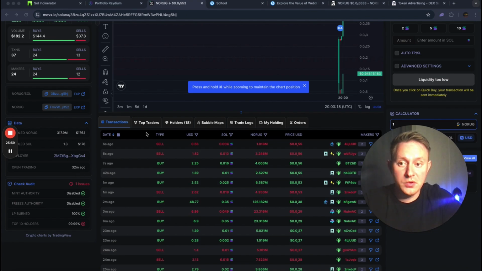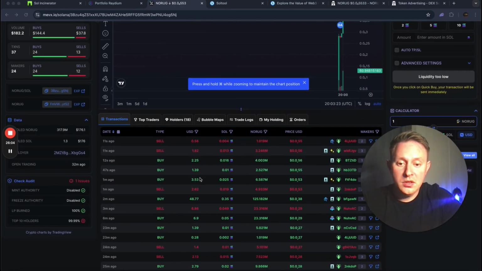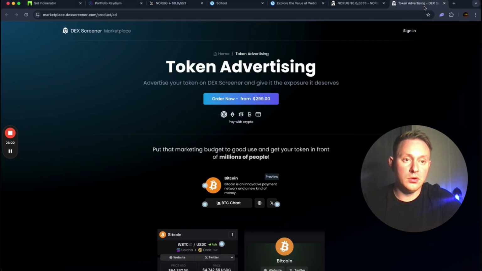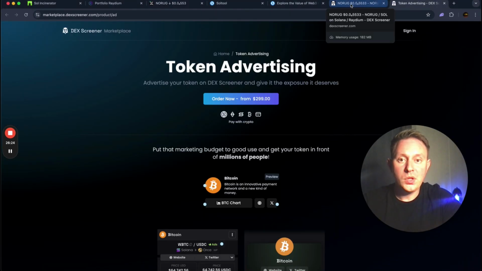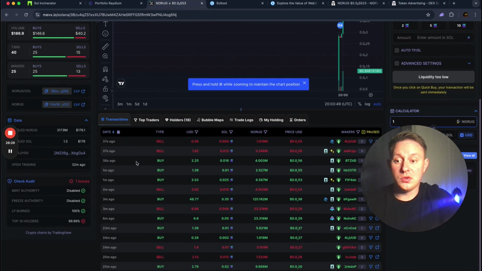And as you can see, if I would have added more liquidity into this coin, this could have probably taken off. I mean, nobody's caring about that. I'm holding 20% of the coin, so if more people buy in, I can sell some of it and then use it for token advertising, running TikTok ads or whatever works. So yeah, it's not always the case, but